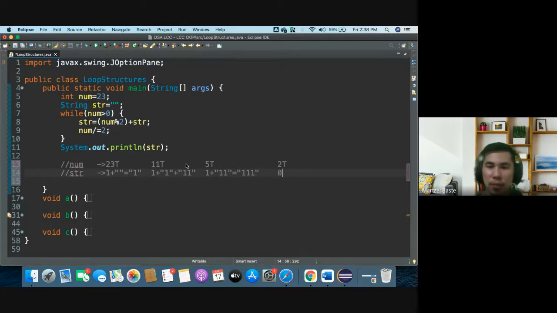So 0 plus the last value of STR, which is 1, is equal to 0, 0, 1, 1, 1. Okay, when you divide 2 by 2, that's 1. Okay, that's still true. Therefore, what will happen then? So 1 modulus 2 is actually 1. So therefore, 1 plus